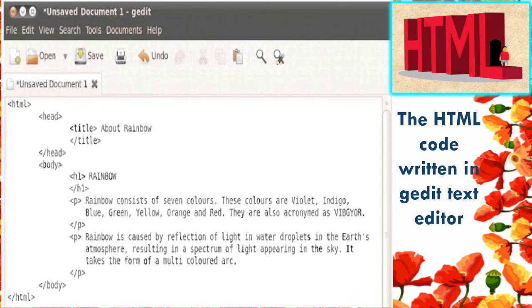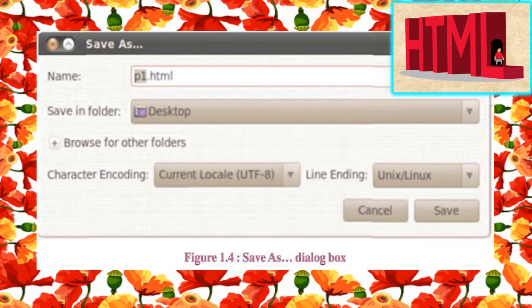The HTML code can be written in any text editors like Notepad, gedit or SciTE. This HTML code is written in gedit text editor. After writing the code, save it by giving any file name but compulsory with .html extension.